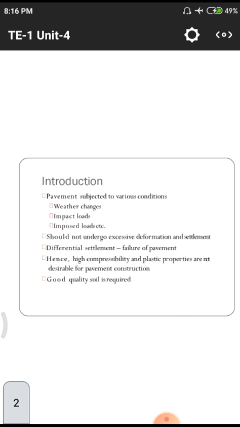That means the area of the road, or the thickness of the pavement, will be changing due to the movement of these vehicles. Next one, settlement. This settlement means automatically,